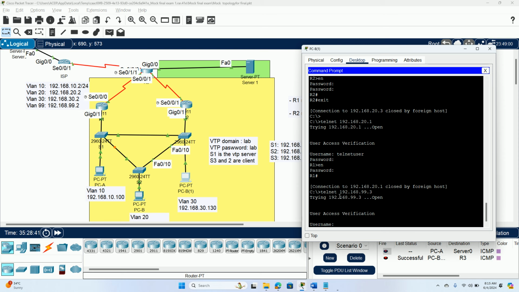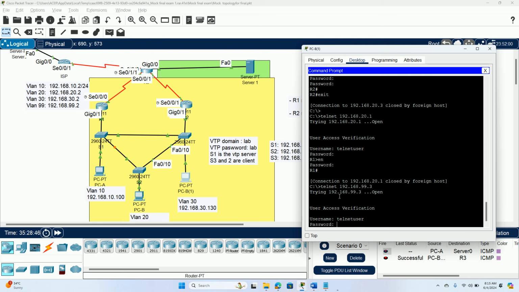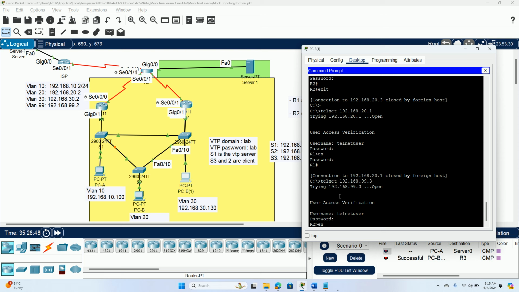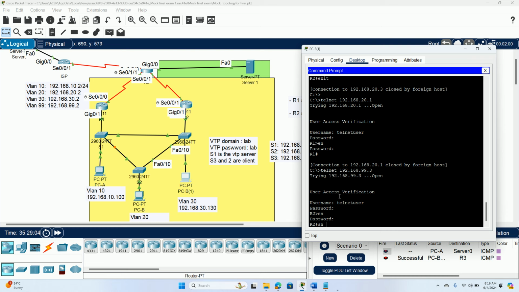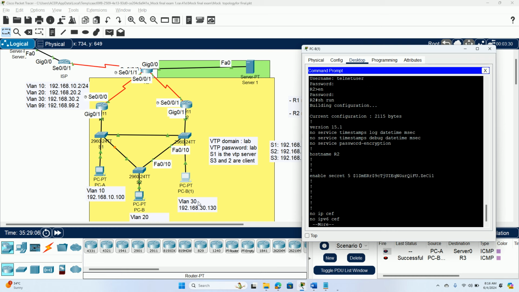And let's go to the VLAN 30 machine, 99.3. This is asking for the username, telnet user, and the password is 123. Again, let me repeat: I have configured Telnet, I did the Telnet configuration in the other routers. How to do that, you can check on my channel. Class. So from the VLAN 30 system, we are able to access R2, and from VLAN 10 or VLAN 20, we cannot connect with R2 through the Telnet